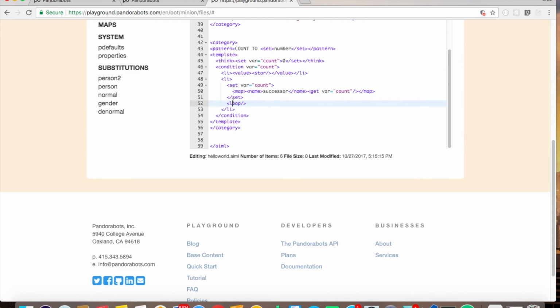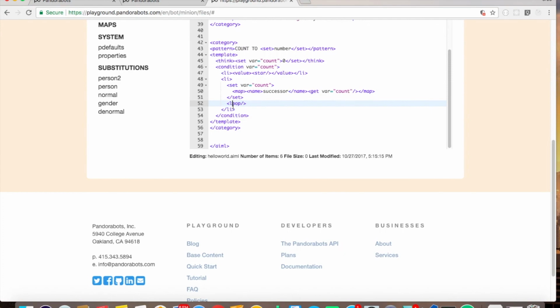Now we are going to set the count again to the successor value. In order to do a successor, we are using the map successor tag. The map successor helps us give the succeeding value, so it goes from 0 to 1, 1 to 2. It increments the value, and each time it increments, it is stored inside the count and gets printed with the help of getVarCount.